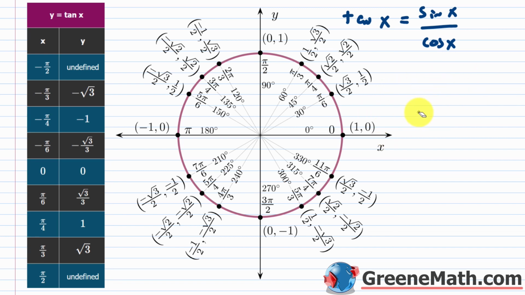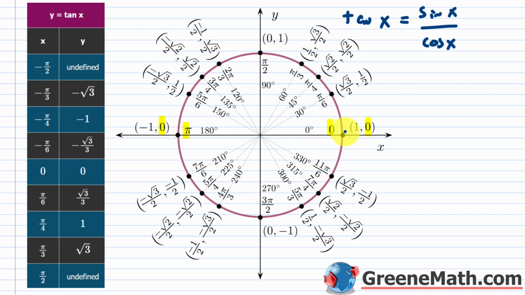Now the other thing you need to think about is that this is going to be 0 when the sine value is 0 and the cosine value is not 0. So something like, let's say, at 0, you have a sine value of 0, and the cosine value is 1. Then at pi, you have a sine value of 0, and a cosine value of negative 1. So basically for this, you could say that the tangent value is going to be 0 at pi n, where